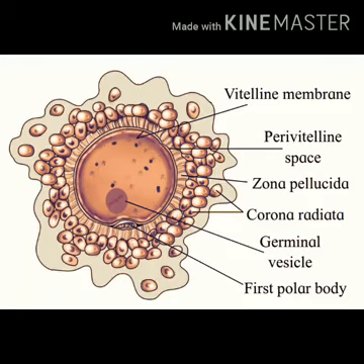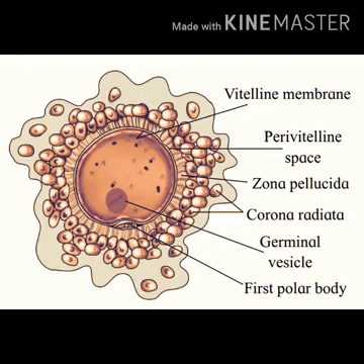Hello students, in this video we are going to learn the structure of secondary oocyte. As you know, in human female, the unfertilized egg when ovulated, that is released from the ovary, is actually the secondary oocyte. This secondary oocyte is non-cleidoic and microlecithal. Non-cleidoic means without a shell, and microlecithal means yolk is present in very small quantity.